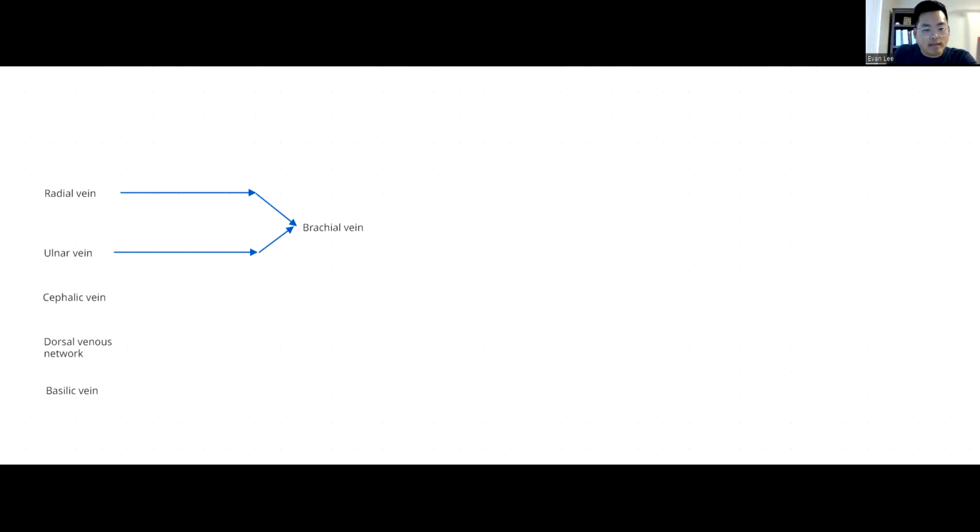Now brachial vein is going to go up, and this is going to join with another vein, but we have to talk about these other ones before we can do that. So actually, I would like to switch a couple of veins in their position real quick. Sorry if I'm messing up your drawing, but it's better with basilic vein on this side